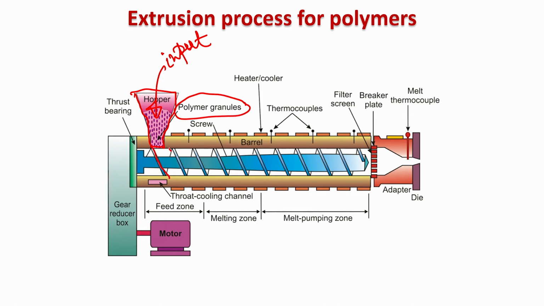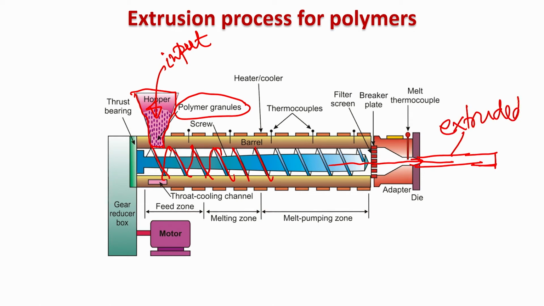And then what you see here, you have screws, and these screw threads have different geometry. The moment these polymer granules are fed into the extrusion chamber, the screws will push these polymeric materials to this particular area, and this is the die orifice, and then extruded rods can be taken out from this end. So, this is your extruded rod of polymer. Depending on the diameter of this die orifice, the extruded rod has a specific diameter.